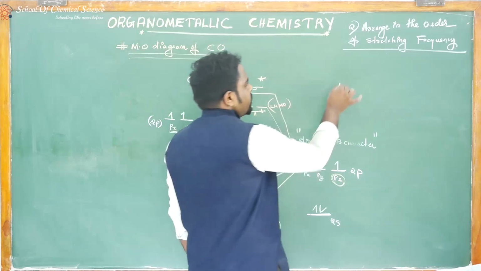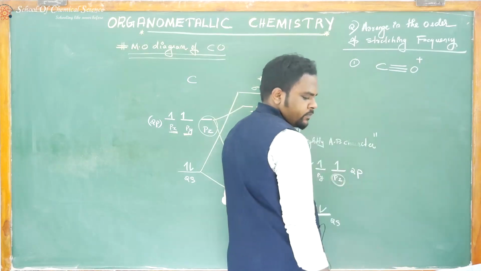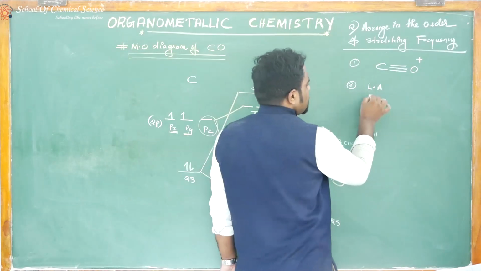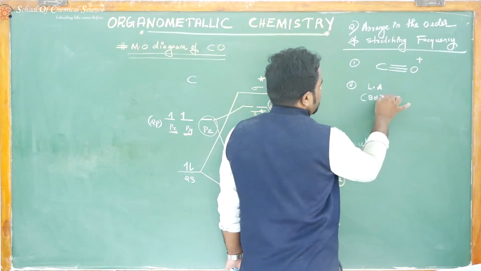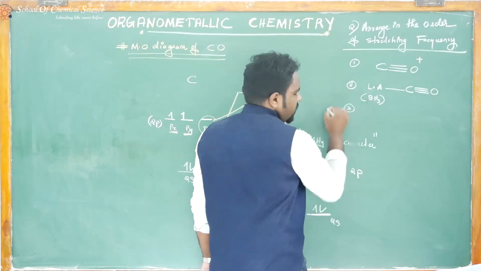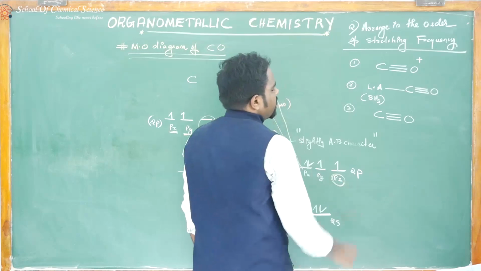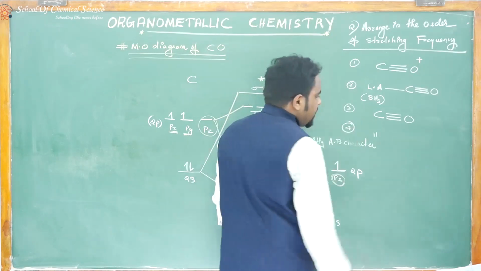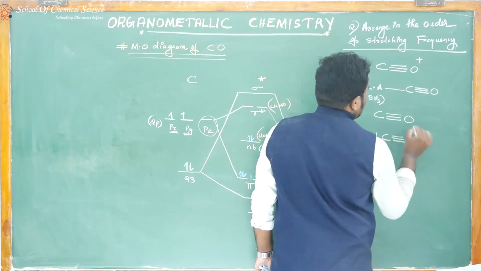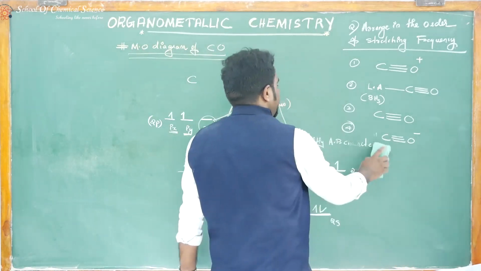First, C triple bond O plus. Second, a Lewis acid, for example BH3, connected to C triple bond O. Third one, simply C triple bond O. Fourth one, C triple bond O minus. So four species are there, to arrange in the order